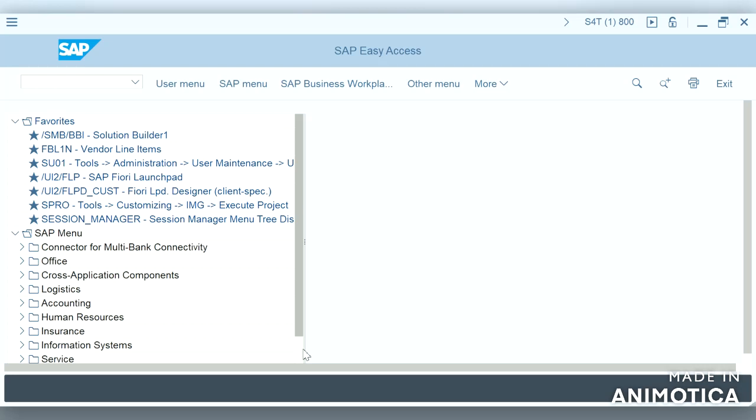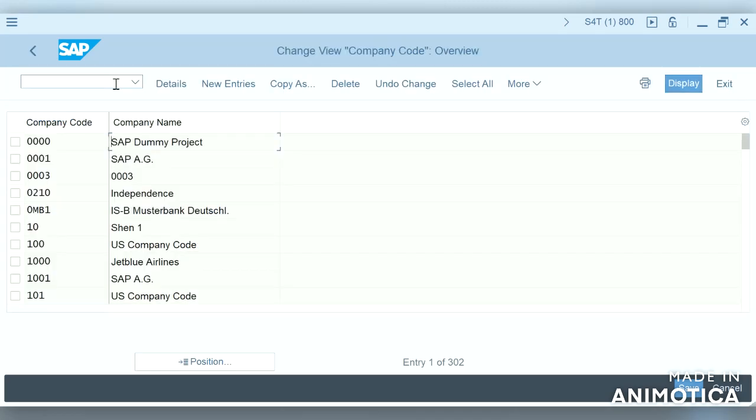So now let us see in which places we can do that. As an organizational unit, we create it in transaction code OX02. There are two options for how we create the company code: one is creation and the other is copy.